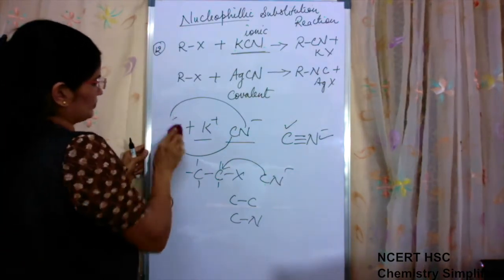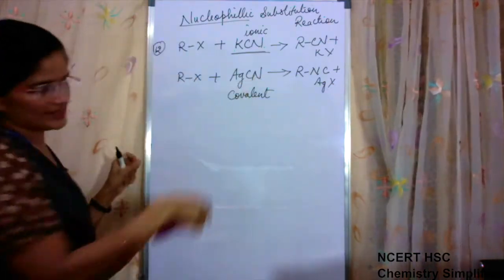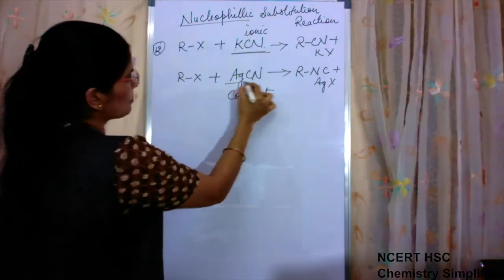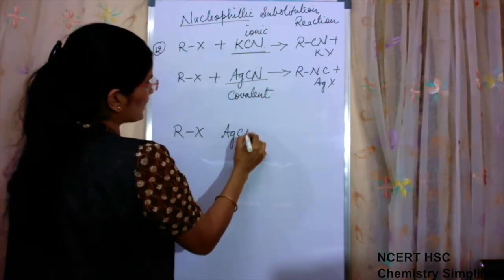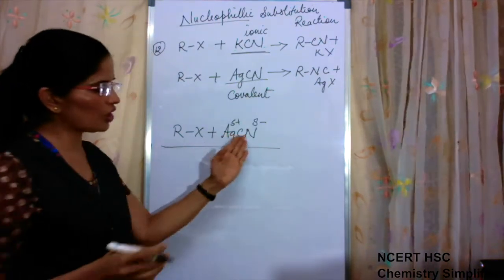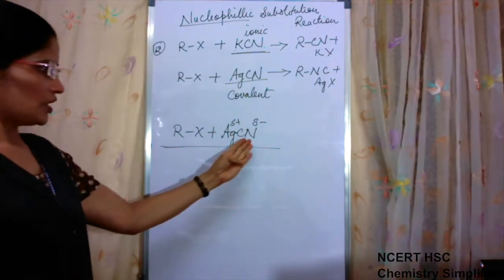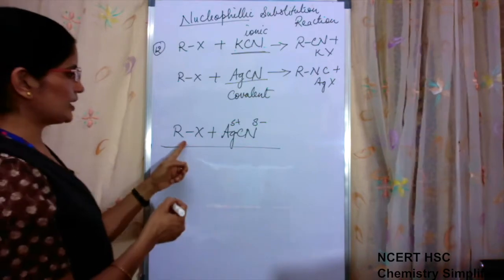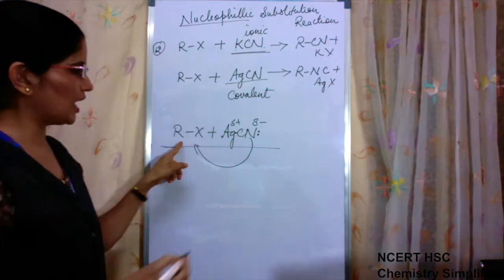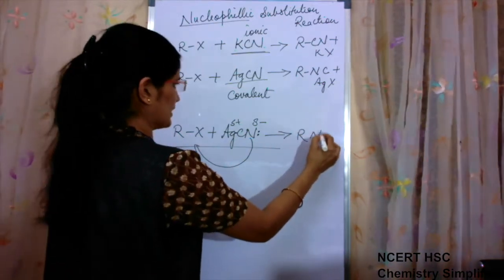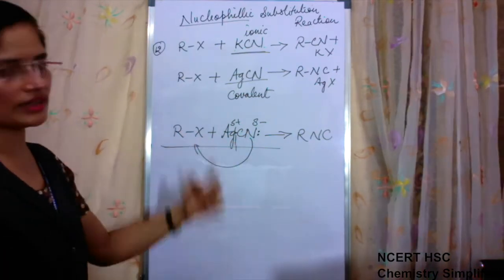Okay, then in case of AgCN, this compound is a covalent compound. Complete ionization of AgCN does not take place. When it is reacting with RX, it is not in the completely ionized state. Ag is still bonded to C. So the only atom available free to make a bond with RX is N, and it will donate a lone pair of electrons to make a bond with R. That is why the product formed is RNC. Later on the bond between Ag and C breaks up finally when the new bond is formed.